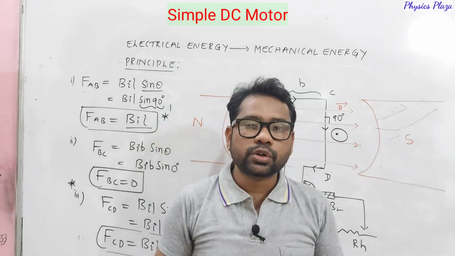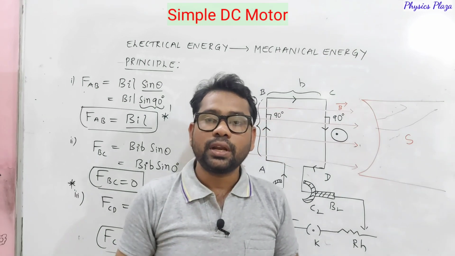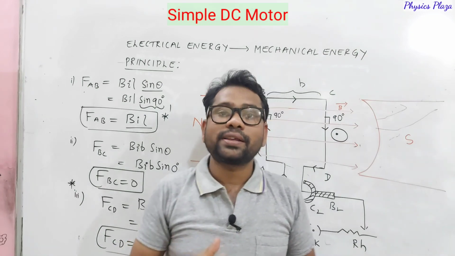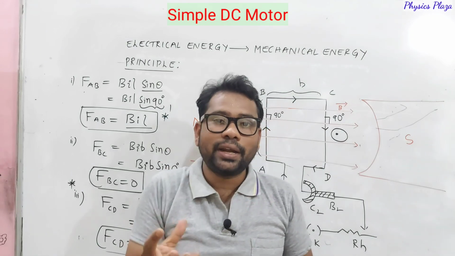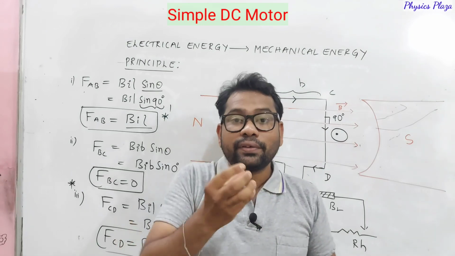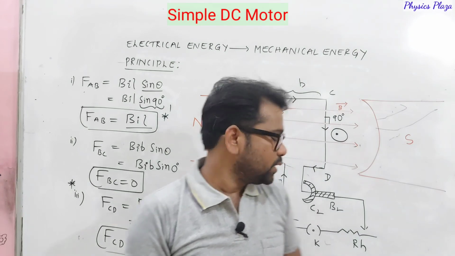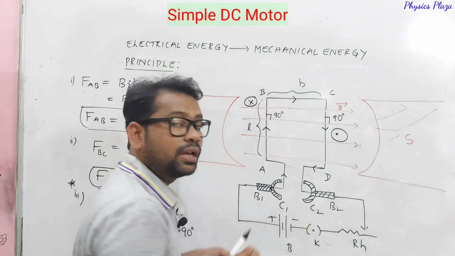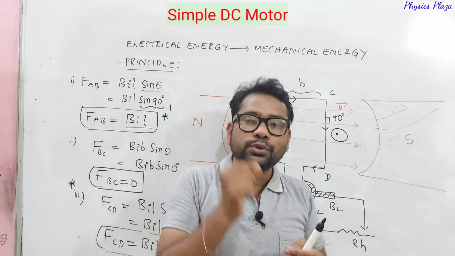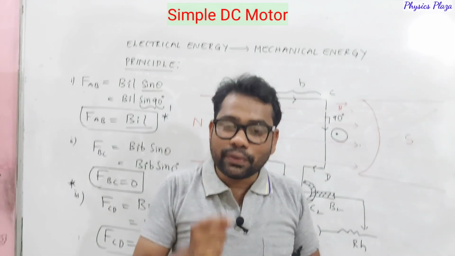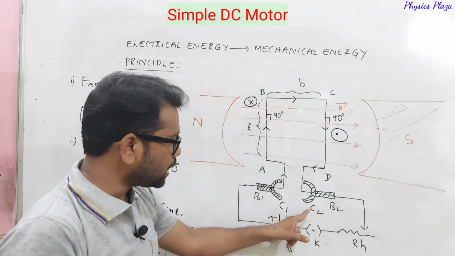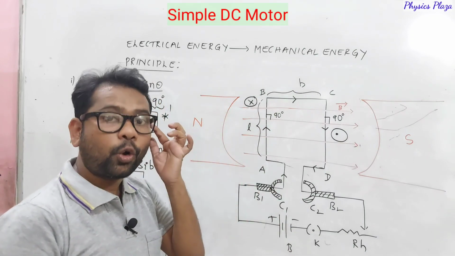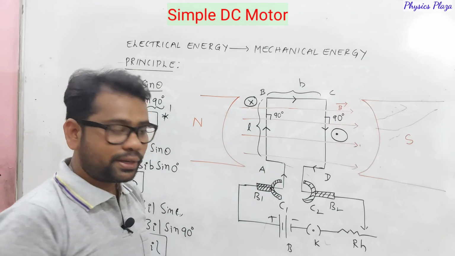In the exam, they may ask you the question, what is the purpose of commutators? Children, commutators are rotating devices which are used to change the direction of current for every half rotation of the coil. Very important. So, here B1, B2 are the carbon brushes which make contact so that the circuit is completed,